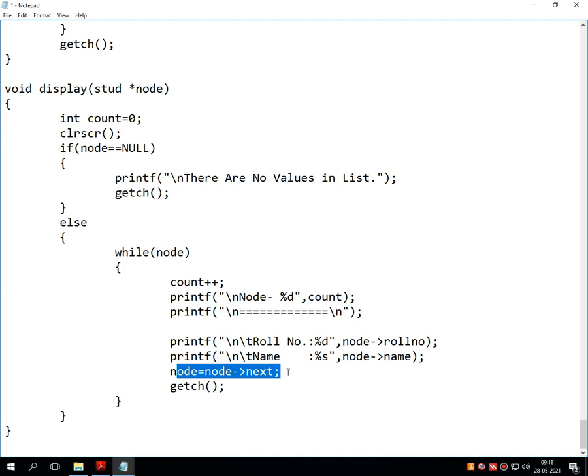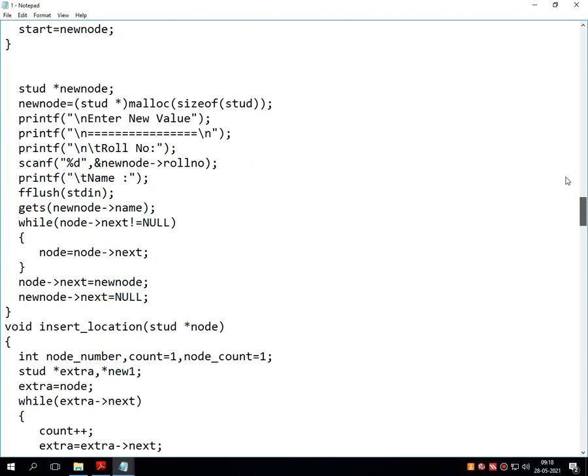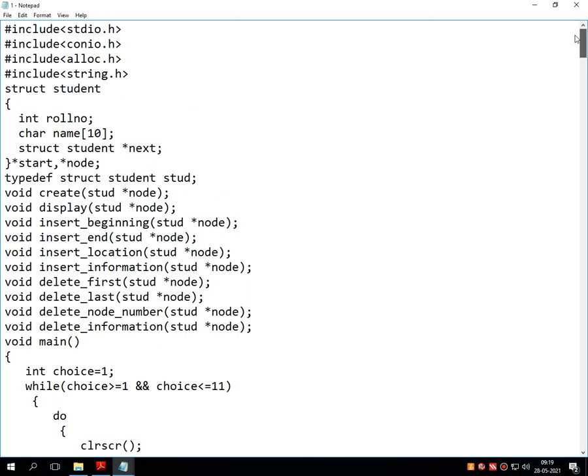After printing the information of the first node, this while loop will display the information of the second node. Then it displays the information of the third node. Then it displays the information of the fourth node. In the fourth node, in the reference, it finds null. So this while loop terminates, and total 4 nodes are displayed on the screen. So in this way, the entire single linked list will work.